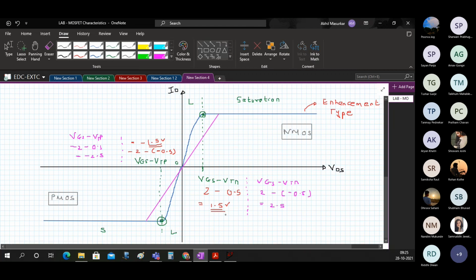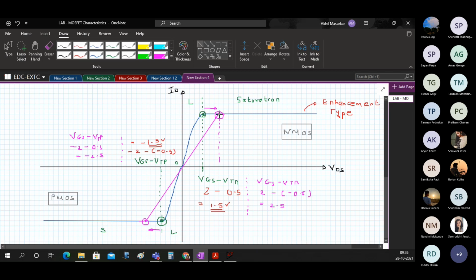You can see that this 1.5 becomes 2.5. So actually this point moves on this side. Okay. And this point will move on this side. So that is what actually happens.